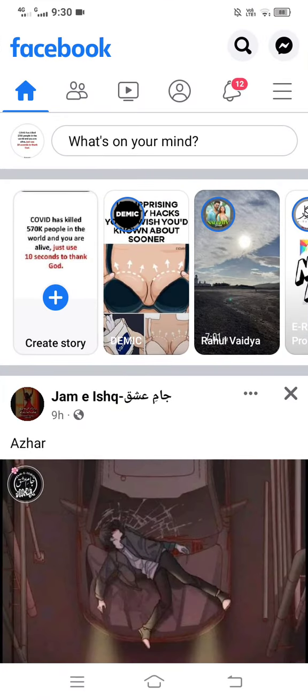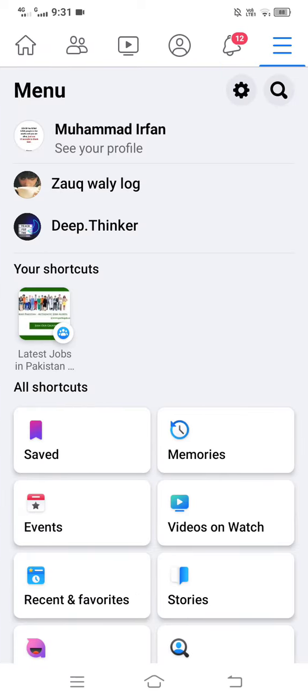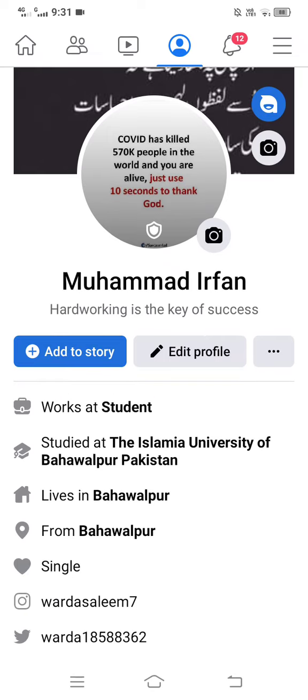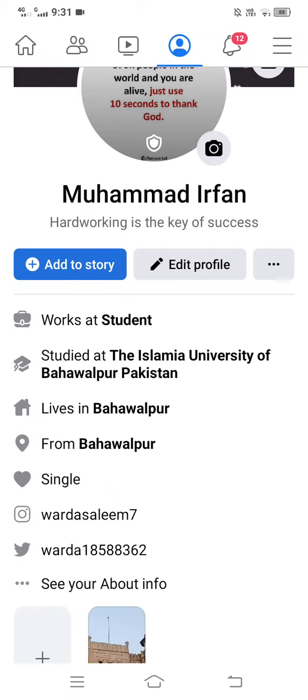Once I have opened it, I am going to navigate to my profile by tapping the three lines at the top right corner of my screen. And then you can see at the very top left is my name and profile. I am going to tap on that. Now once I am here, I can scroll down and then right under relationship status you can see your about info, right? I am going to tap that,